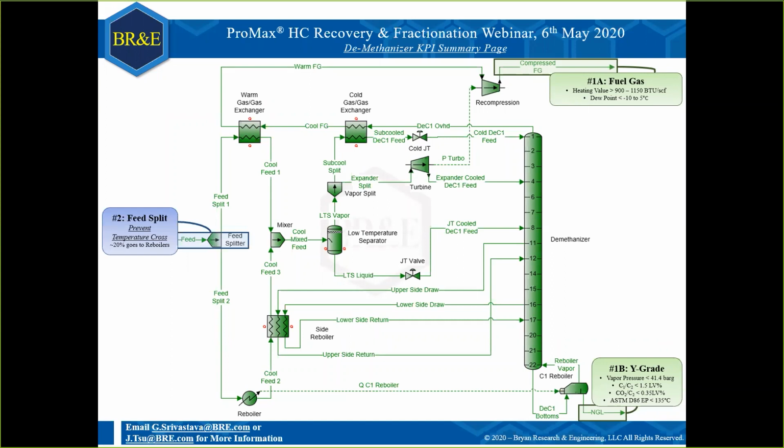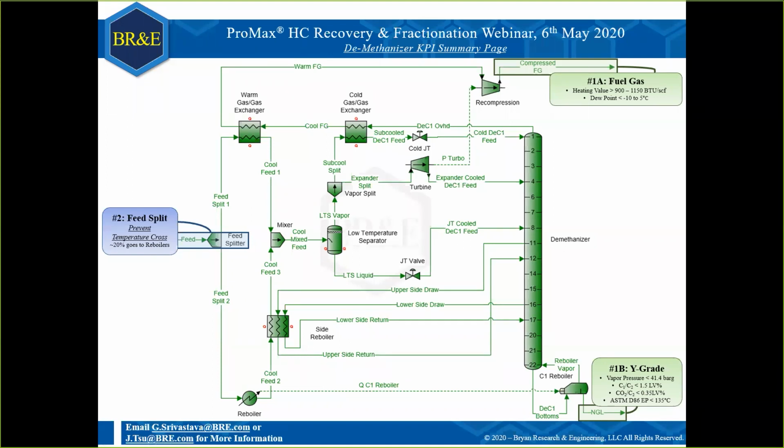Okay, let's look at the feed split. We have a split here because we want to use as much heat integration as possible. We want to exchange with the cool gas that comes out of the demethanizer, as well as the relatively cold reboilers. The reason why we generally have 20% that goes to the reboiler and the majority exchange with the gas is because this feed is typically more than 70%